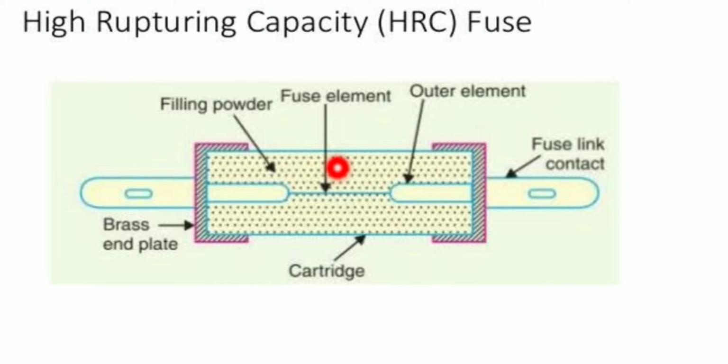That is the reason this enclosure is going to be sufficiently airtight with the end caps here. These end plates are made up of what? Brass. So this cylindrical glass body or ceramic body is enclosed with the end caps, and these end caps are made of brass. So this enclosure is going to be sufficiently airtight. Air should not enter through this fuse element, to avoid the effect of atmosphere on the fuse material.